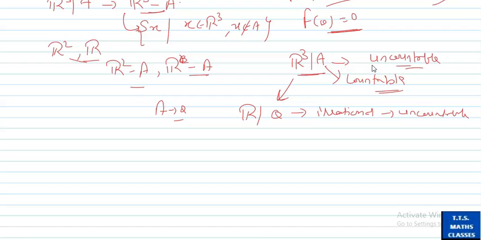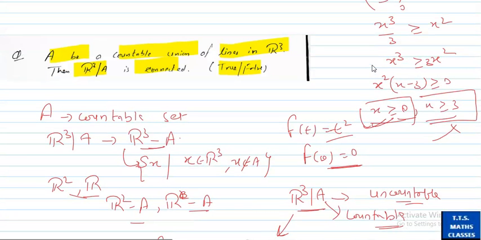Okay, you should note one thing also. If we take here any uncountable set, meaning we take irrational numbers, it means it is equal to R minus Q. Okay, it means it is Q only, which is countable. It means when we take an uncountable set here, then the result will be countable. Okay, so it will be opposite. If we take a countable set here, then the result will be uncountable. If we take an uncountable set here, then the result will be countable.